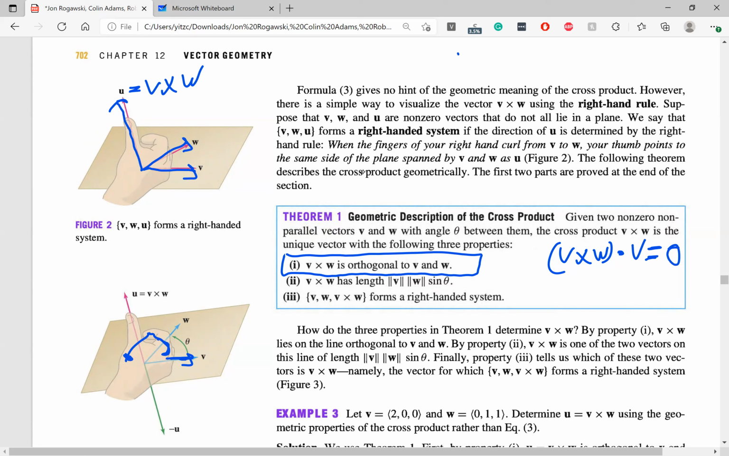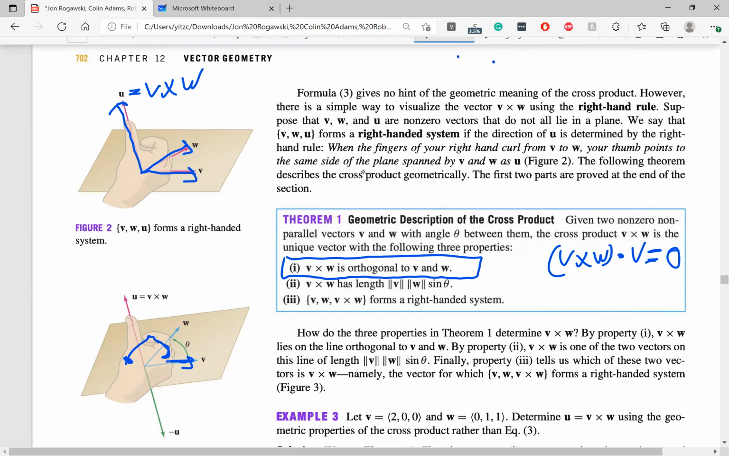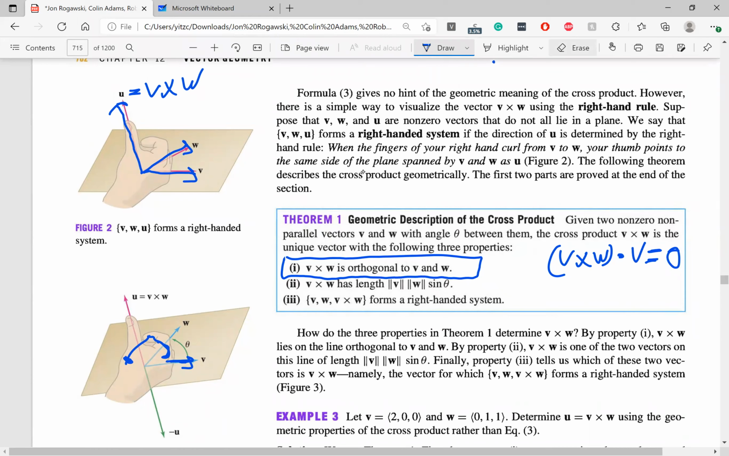Zero, right? Because they're orthogonal. And if you want to know if two vectors are orthogonal, you take their dot product. Any questions about this? Okay. The second most important property of the cross product